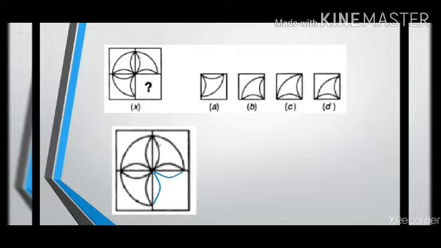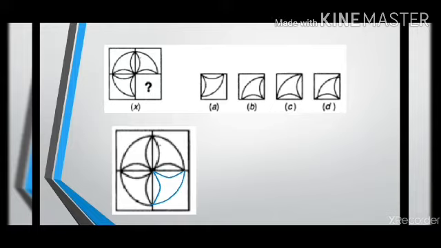Here I am completing the leaves. This is the figure, it will look like this. And again a quarter of a circle can be made in this box like this. This is the pattern that I'll need to complete the figure that is given to me. This pattern can be seen in figure A.